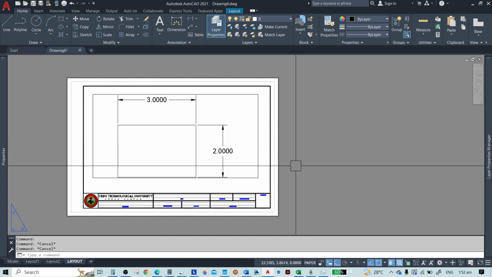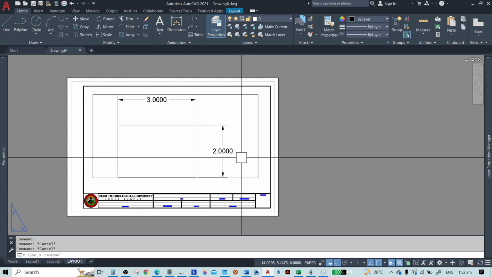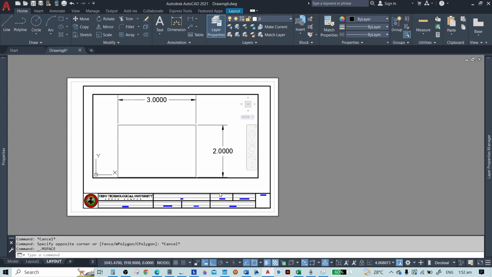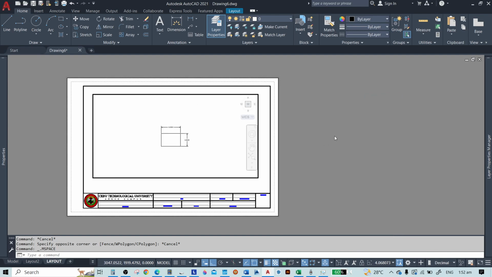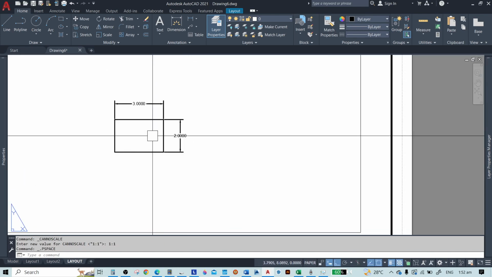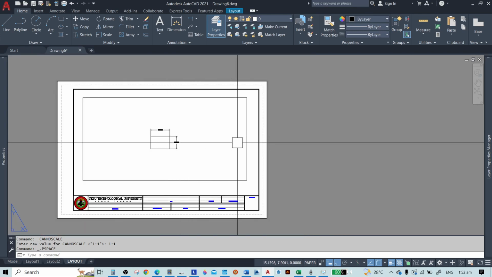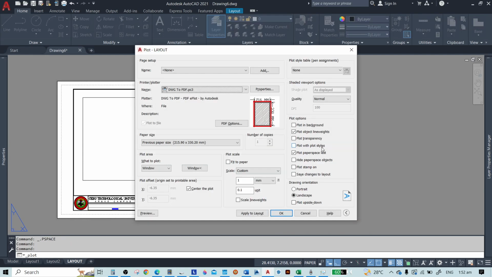So before, I believe if you have done your previous activities, you already know how to scale, right? So let's say for example this one, just select the scale that you want here. So this is already in 1:1 centimeter scale. Now I also have explained this one, but I will explain it again.